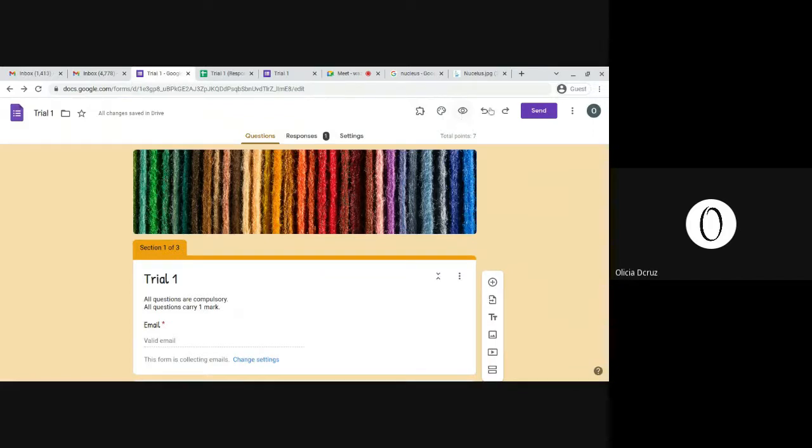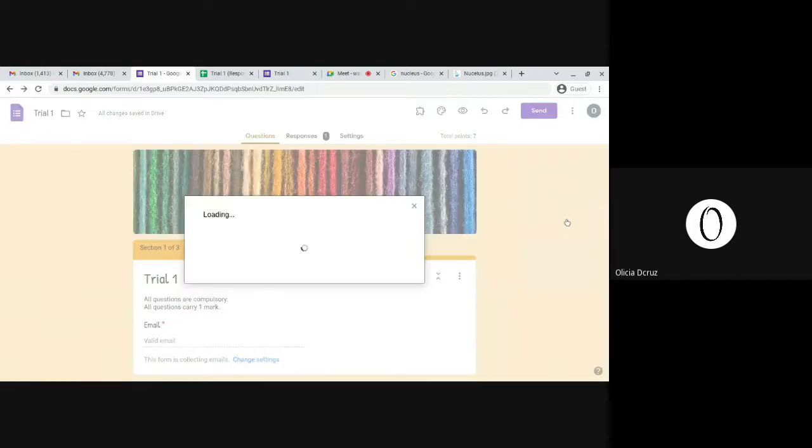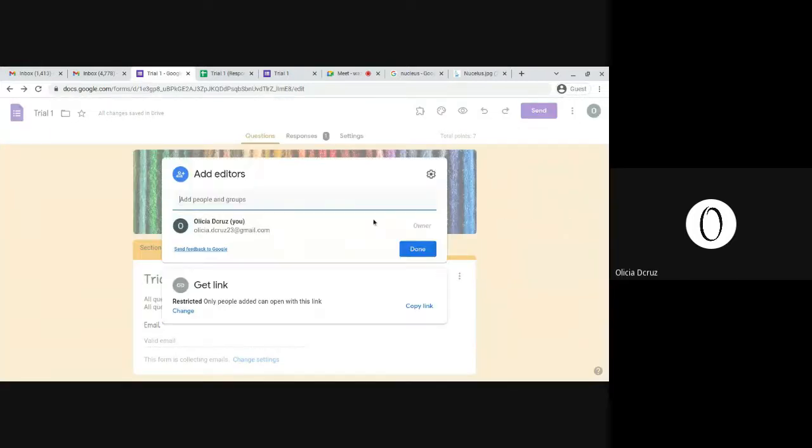Preview option I have shown you all. Undo and redo is what you can do. Now if I want to make a copy, I can make a copy of the same form. I can just change a few things and share it with the students. If I want to add my co-teacher to this form so that the co-teacher also knows what we are doing, you go to the option add collaborator, and then you can add collaborator.